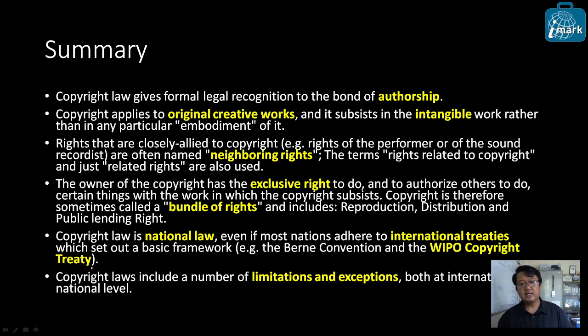We have mentioned that. Then we also said that copyright is actually a national law, the framework of which is taken from various international treaties, including the Berne Convention and the WIPO Copyright Treaty. Then copyright law includes, we said, a number of limitations and exceptions, both at the national and international level. So with that, we have come to the